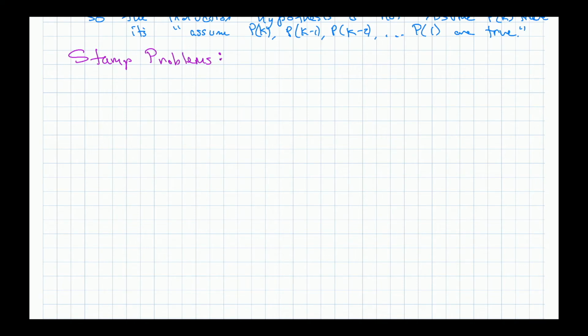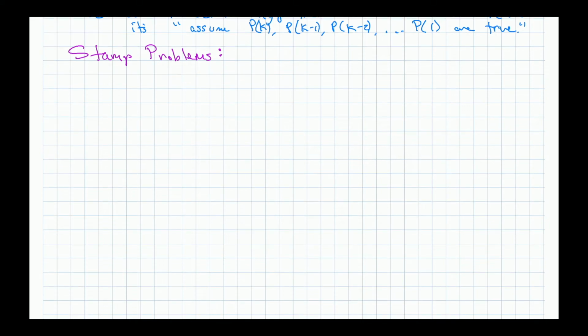Stamp problems. What's a stamp problem? Okay, so a stamp problem is something like this. They give you two denominations of stamps. I'm going to explain it before we do the proof. This works for money as well, but it's easier to do stamps because you can do stamps of any value, whereas coins are kind of generally even values. So you're given two denominations of stamps.